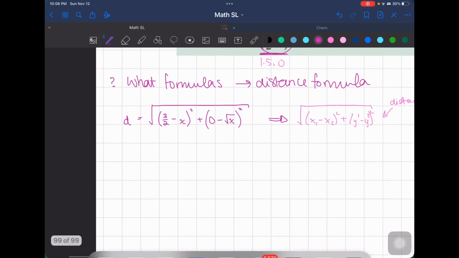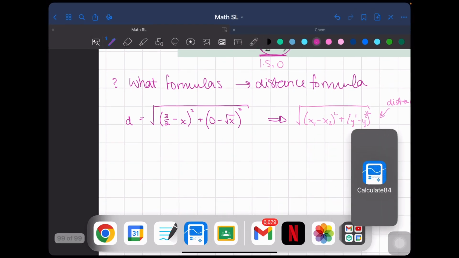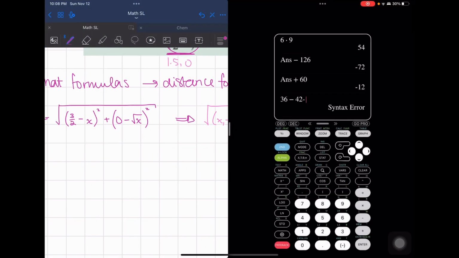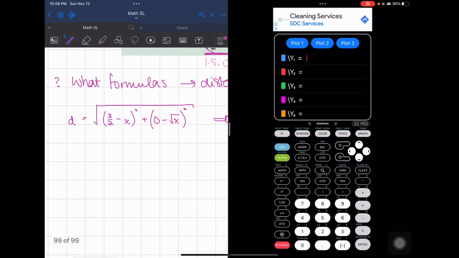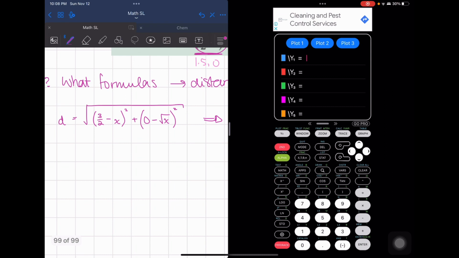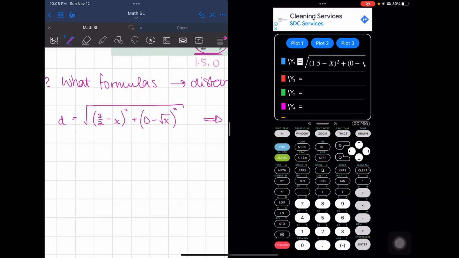So our solution to this is going to be taking our little calculator right here. Okay. And we're going to put this equation in it. Now, let's see. Square root of 1.5 minus x. Oh, I didn't put parentheses. 1.5 minus x all squared plus parentheses 0 minus square root of x